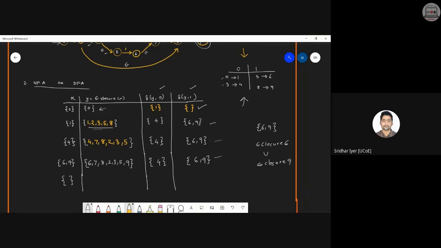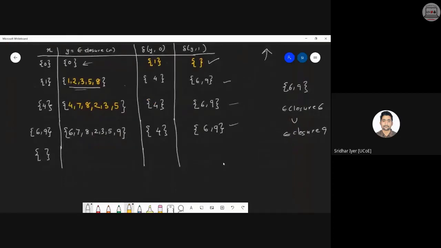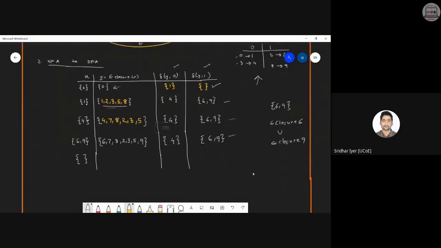Proof, 9 is also part of this set, right? I'm telling you, if I'm constructing epsilon closure of 5, for example, 5 has to be a part of that set. 5 will come anyway. Apart from 5, whatever else is left, we have to consider that. But if I'm asking you to find the epsilon closure of 7, then 7 has to be a part of it because there is always a self loop from this. For example, this is the state. There will always be a self loop like this on that particular state. That is invisible, we don't consider that, but that is an unsaid, unspoken rule. So if I'm considering state number 9, then 9 has to be part of its own closure.